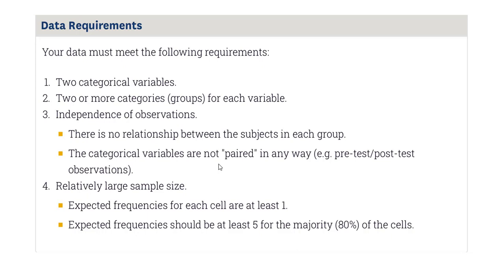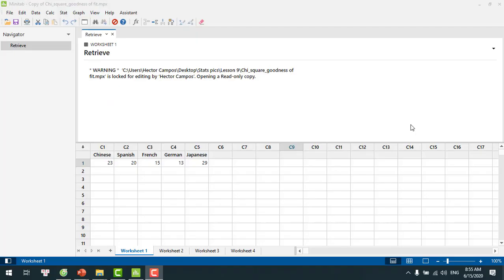Okay, so the expected frequencies for each cell, we need to have at least 1, and the expected frequencies should be at least 5 for the majority of the cells. Okay, so we need to have 5 values for each of the cells that we are trying to compare here. So now let's go to Minitab and see how to run